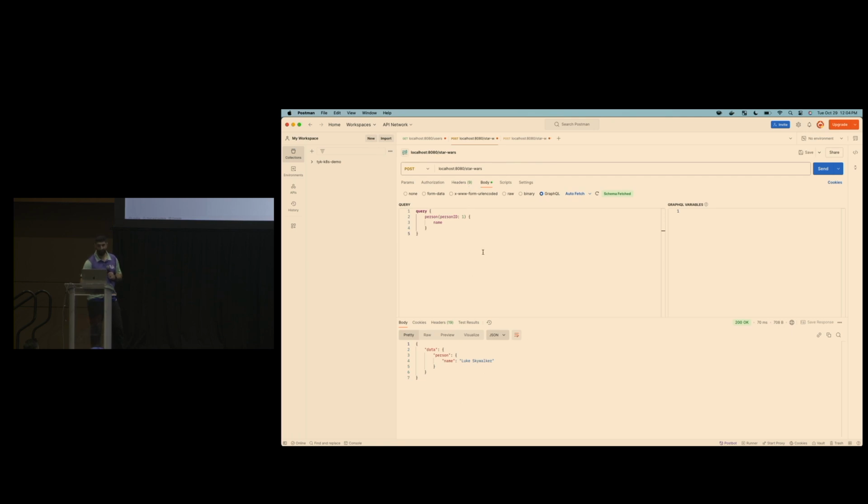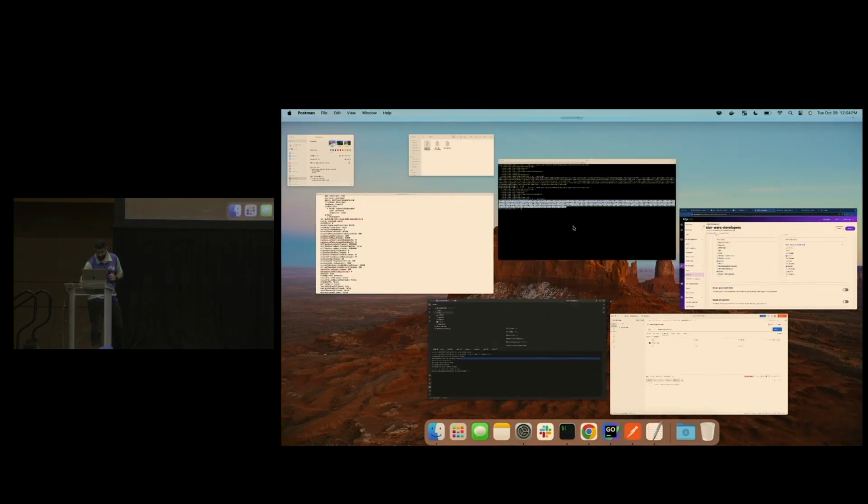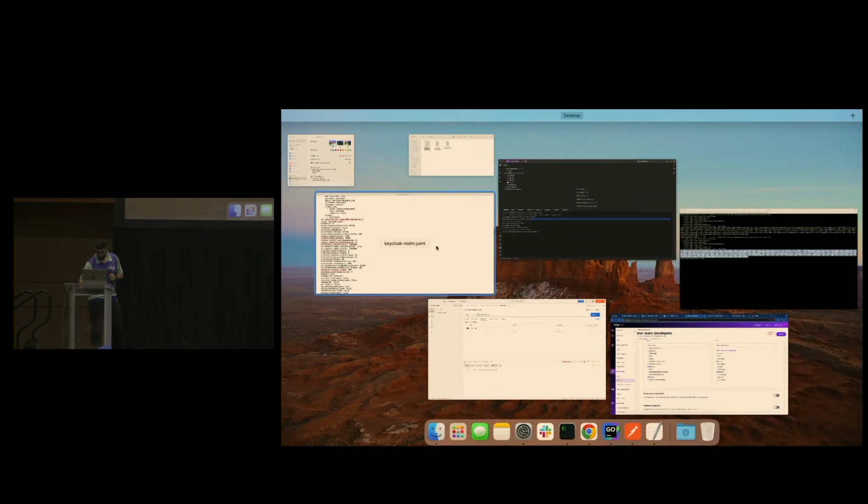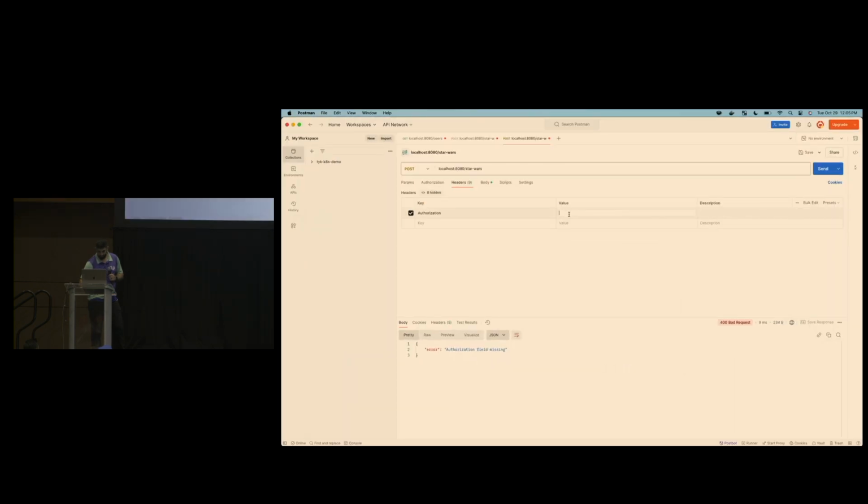So you can see that I got a response from this one because I am using the admin API, the admin JWT. If I send this one as well, it's going to say authorization field missing. So let's go ahead and add that. So we'll copy this. Oh, too many white windows open, don't know which one to go to. And we'll hit send. So now you have access to Tatooine. So as an admin, you can do all of that.